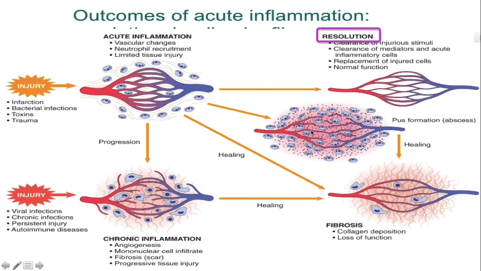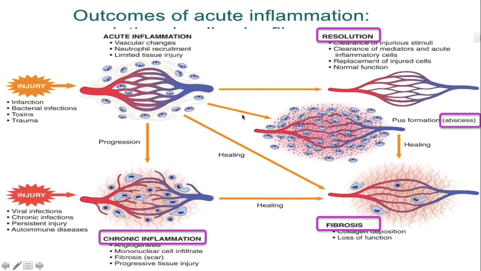Number one, you could get complete resolution of that inflammation, and this is the most desirable outcome because it means that the tissue has gone back to normal, to its original state. So you want that to happen. But sometimes the acute inflammation can progress or persist and form a local abscess collection. Sometimes acute inflammation can progress to become a chronic inflammation, and occasionally acute inflammation can also heal in the form